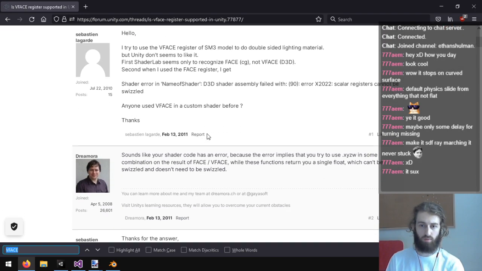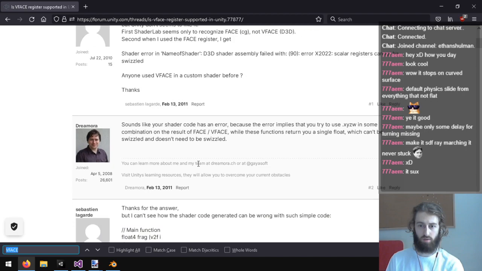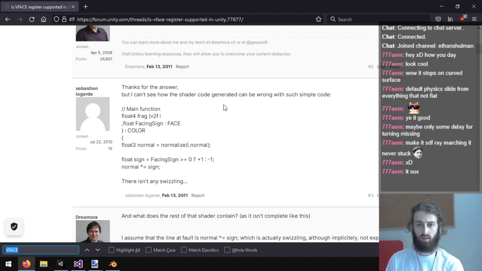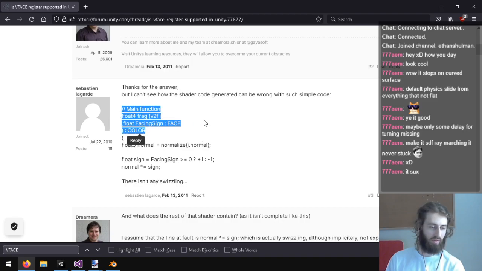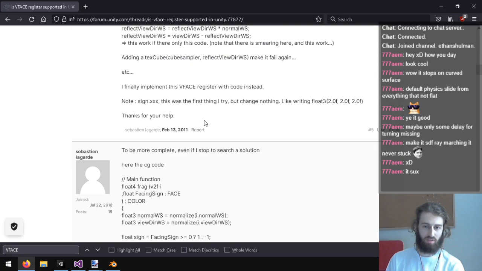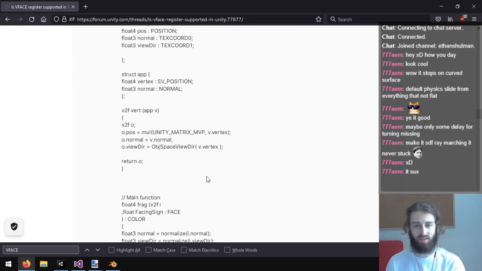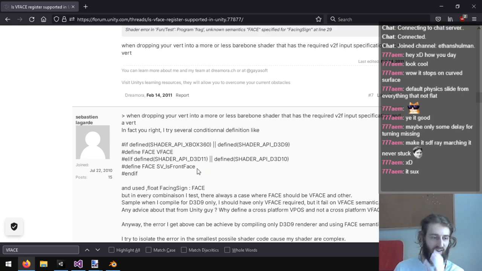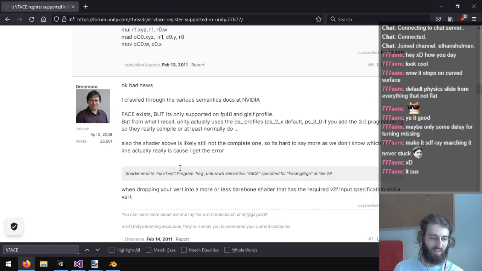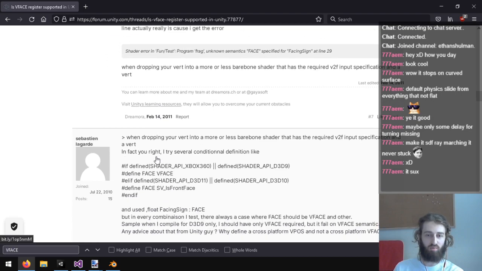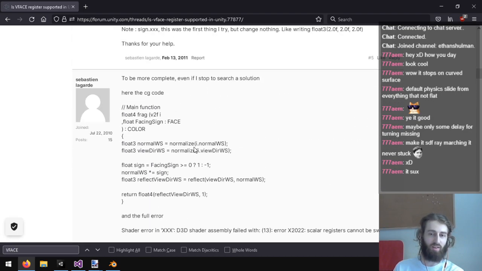Try to use the vFace register of the SM3 model. Sounds like the shader code is an error. This is weird to me because you can manually calculate this. It just seems like something that should be built into Unity, and then I'm sitting here reading through this shader documentation to do stuff that I would be doing in my own engine anyway.